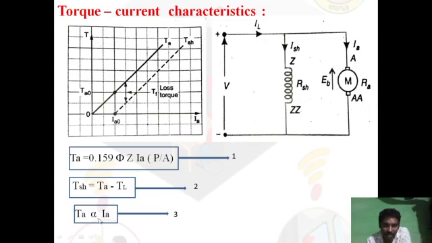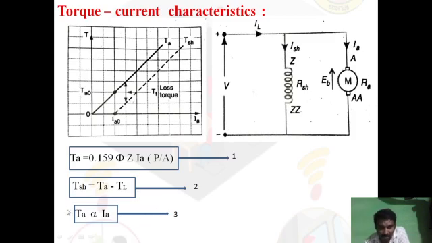Because as the load on the motor is varied, the current which is drawn, IL, will vary. The current which is drawn from the supply will vary, but the ISH is constant. If you observe, it remains constant. The ISH is constant, therefore only Ia will vary. As the load on the motor is varied, the current drawn by the armature varies. As this Ia varies, this ISH is constant, the supply current will vary, the IL will vary.